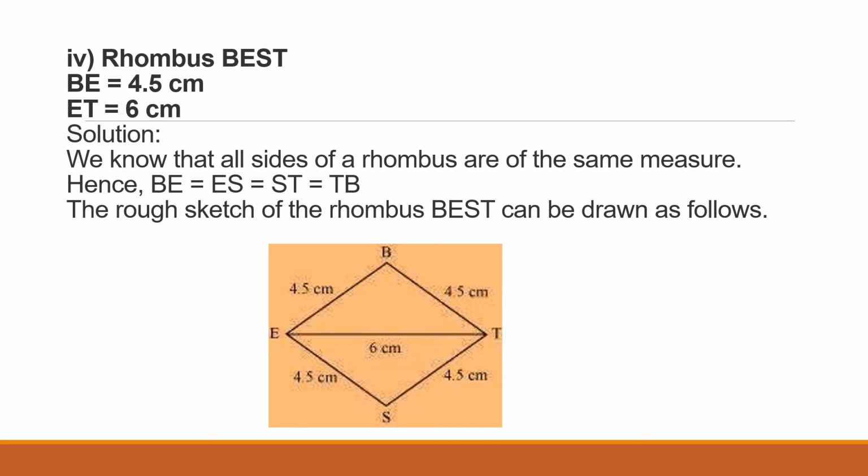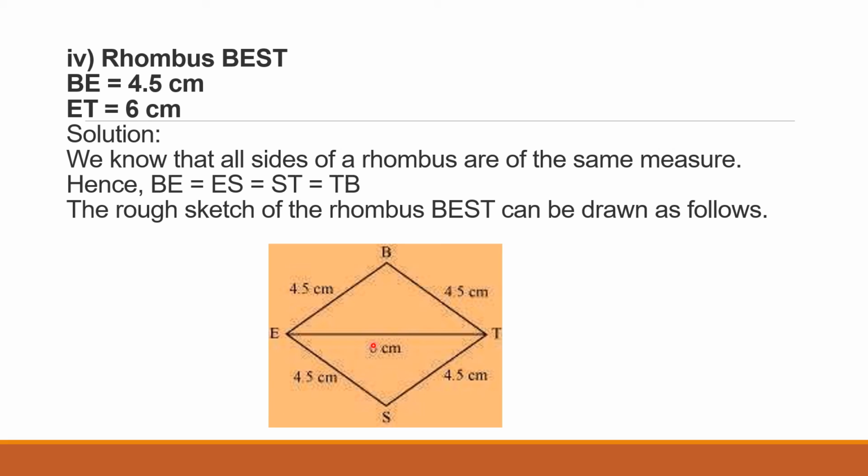Same, question number 4 we have, we have to construct a rhombus, that is rhombus BEST. For it, just have a look, we have a diagonal and a side. Now you will again think that only one side and one diagonal are given, but here we have a special property, that is rhombus. We know it very well that for a rhombus all sides are equal. So this is our rough diagram. All sides are equal, so we know all four sides.